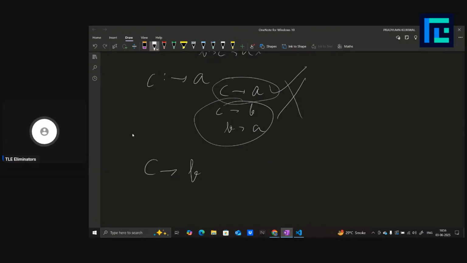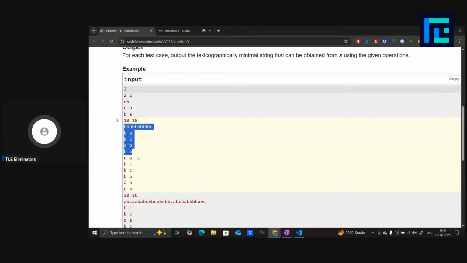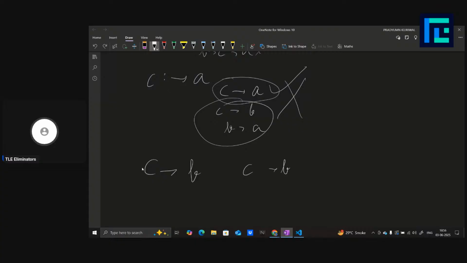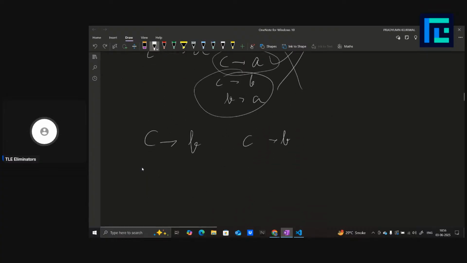And how will you convert this C to a B? Just by using a C to B operation. So if you have a C to B in your array, like in this list of queries, which you have not already used, see, as soon as you use an operation, let's say C to A, then you have to delete it. Like you cannot use it anymore, right? So if you have a C to B that has not been used yet, then you can use it and